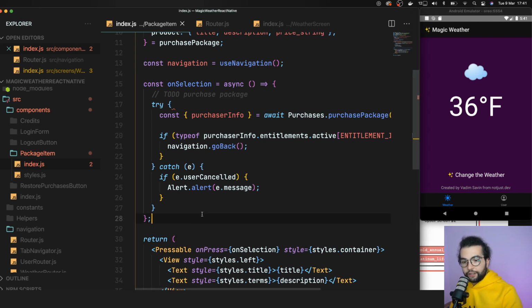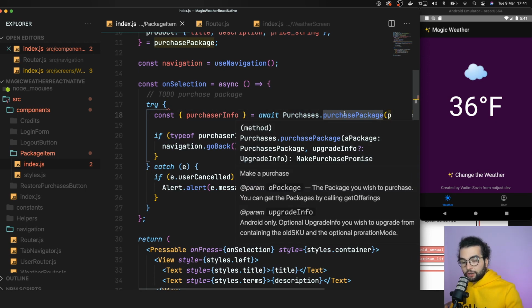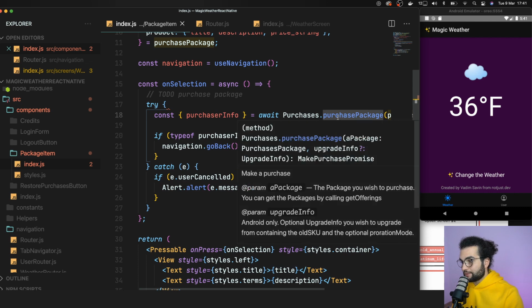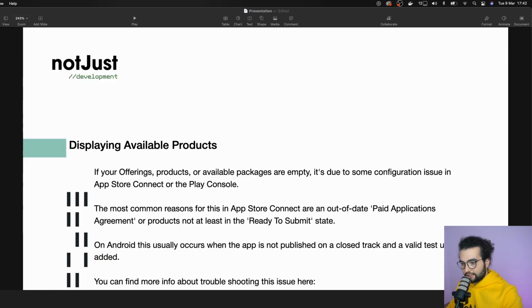So that's it with buying a package. It was pretty easy in the code. You just have to call purchase package. And most of the work has to do with configuring, with making sure that we set up everything correctly on the market with all the permissions, test users, and so on. We can move forward, and the next step will be